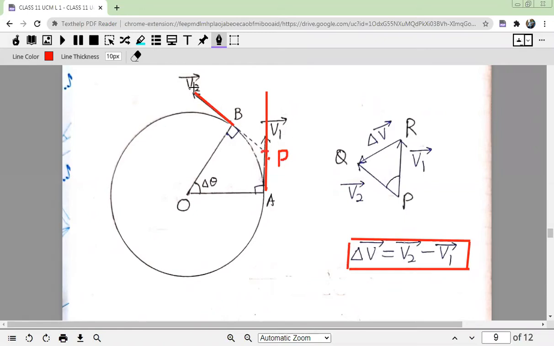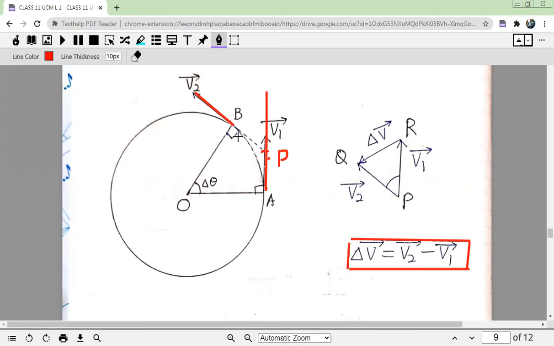Now what will be this angle? This angle which I am tracing is the angle between both the vectors. Have you got this? I have to determine the measure of this angle, meaning the angle between both the arrows. This angle is delta theta. What will be the measure of this angle? It will be equal to 90.